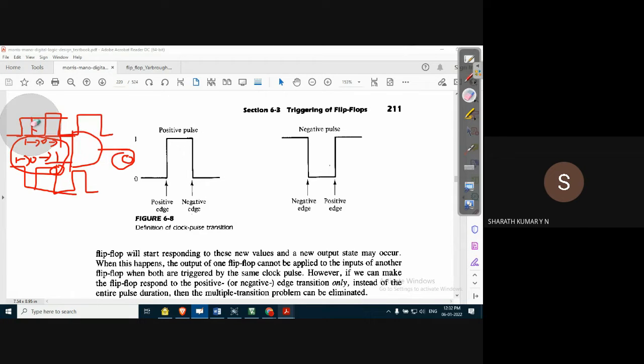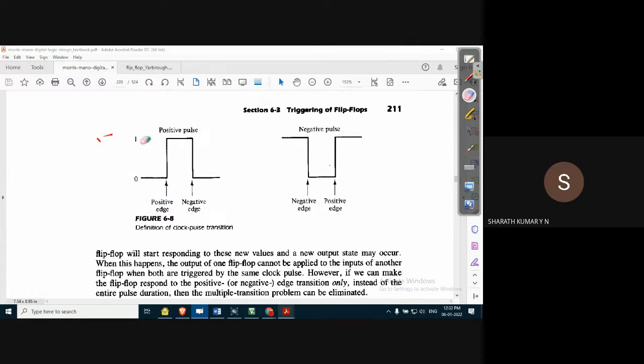Here, in fact, as long as the input is logic high, let us say something like this, in this duration where the clock pulse is high, it will trigger the AND gate. Whereas when it goes from high to low, and as long as it is low, it will trigger the AND gate. Now we have a situation where we trigger the AND gate not when the clock pulse is high, but when it goes from high to low. This is called a transition. If you consider one clock pulse, it has two edges.